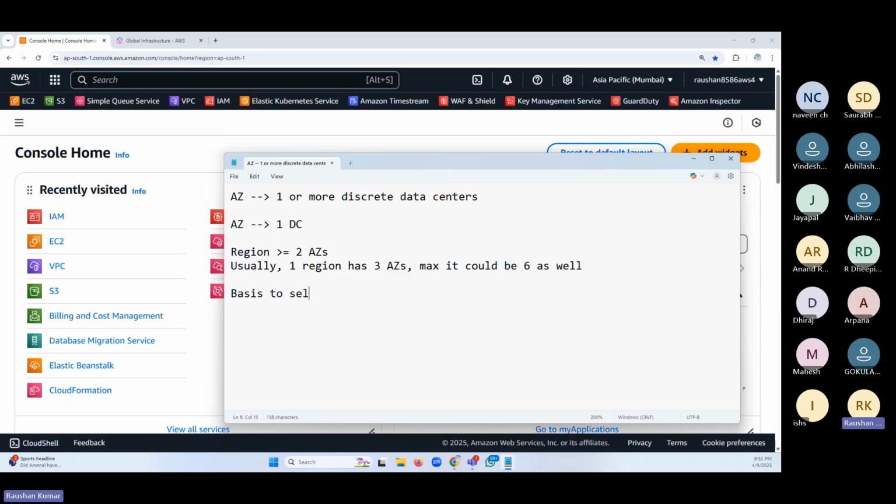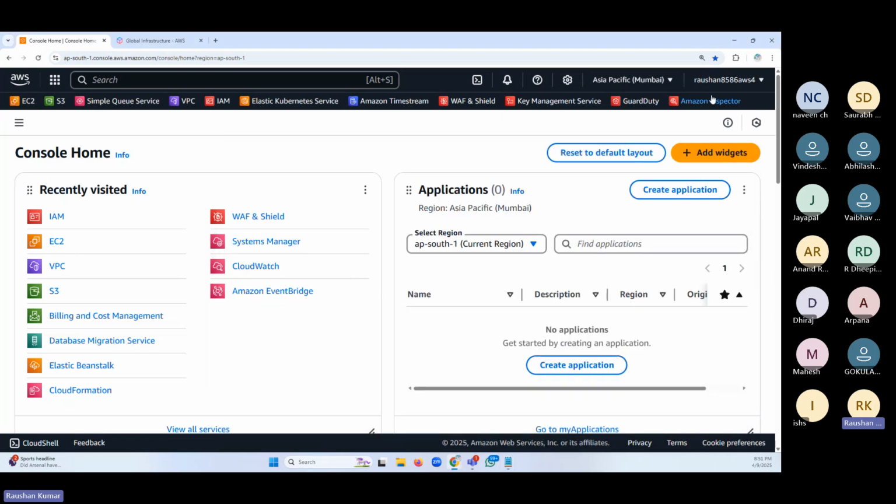Basis to select a region. First is customer location. See, what are we going to do with the region? You will select a region and you will create infrastructure. You will create servers, you will create storage, you will create load balancers, you will create so many other components.